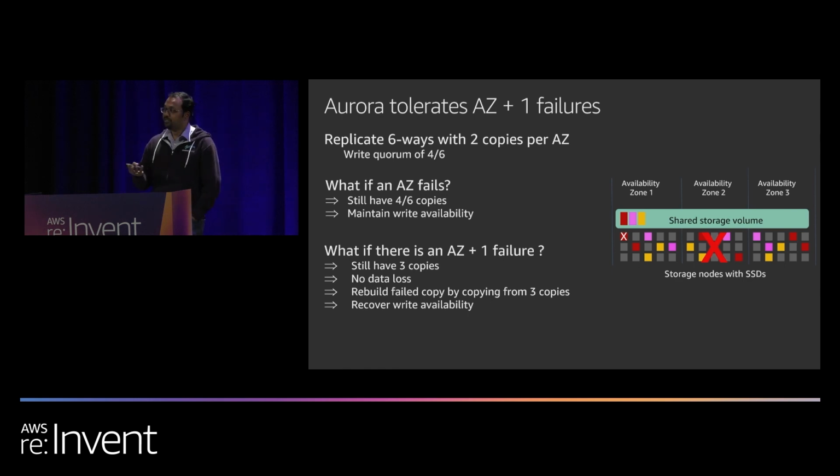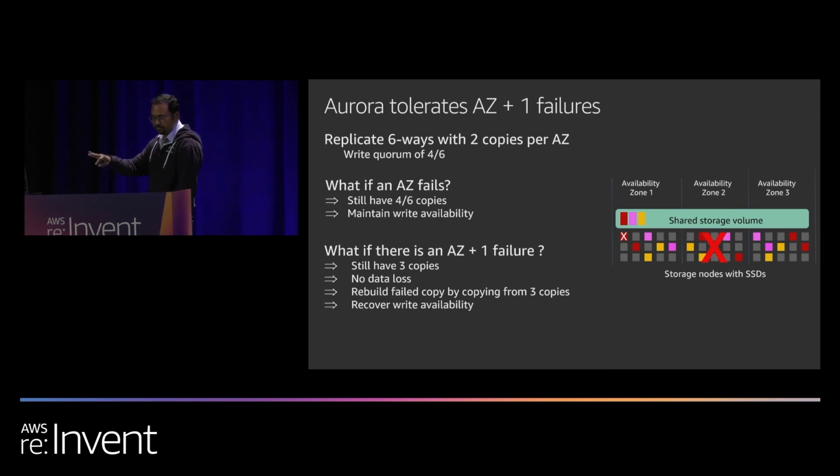We still have 3 copies. It's not writable, but there's no data loss. Why can't we write? Because we need 4 out of 6. Why do we do that? The reason why we need 4 out of 6 is because when we look at